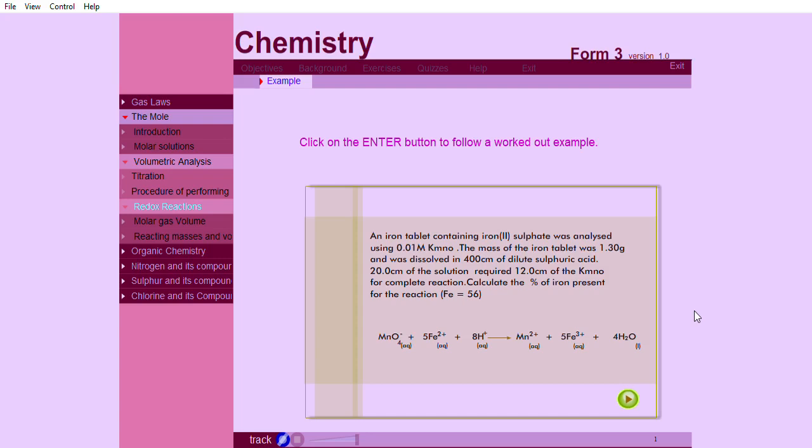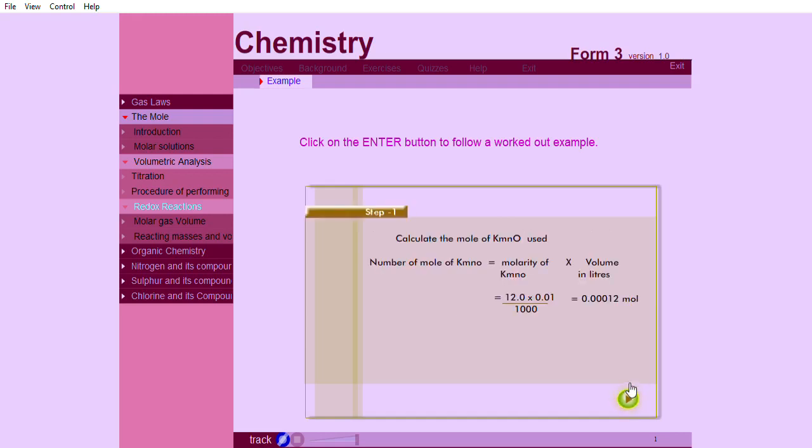Iron is equal to 56. The equation for the reaction is: Step 1. Calculate the mole of potassium manganate 7 used. Number of moles of potassium manganate 7 is equal to molarity of potassium manganate 7 multiplied by volume in liters, which is equal to 12.0 multiplied by 0.01 divided by 1000 is equal to